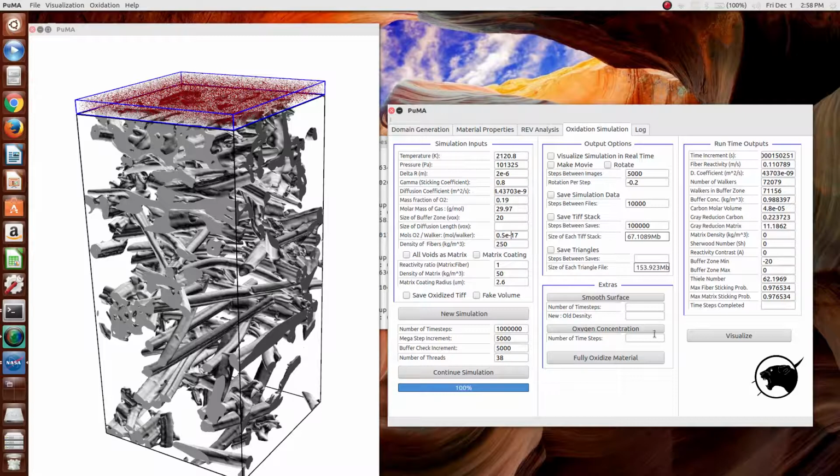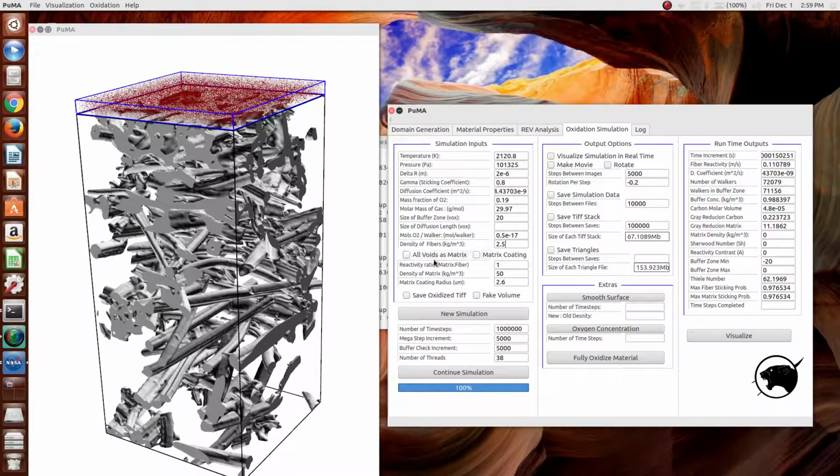This just decides how much physical oxygen is represented in each of these particles. The density of the carbon fibers is typically 1700. If we're using physical conditions, it's about 1700. For the purposes of making this run very quickly, I'm going to use a very artificially low density for the